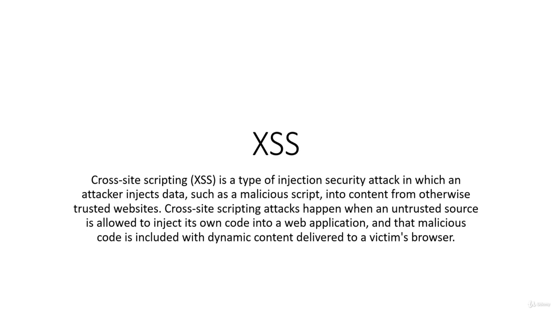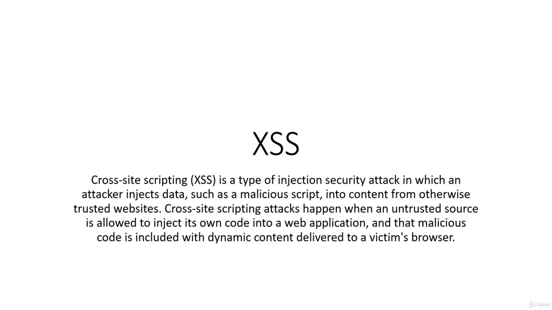First of all, XSS is a type of injection, a JavaScript code in which the attacker injects data. Data here means some type of code or a malicious script, injected into content. Content here is HTML elements from an otherwise trusted website. That means on any trusted website, the attacker can inject malicious code into the HTML element so that it will be executed on the client. Just remember, it is not executing on the server, so it only gets access or control over the client machine.